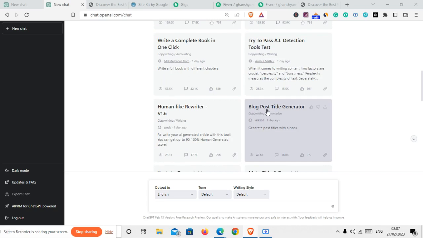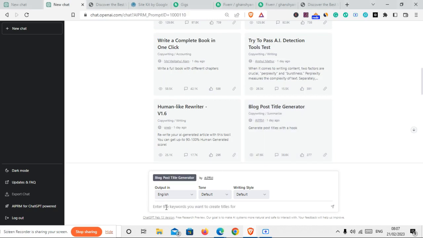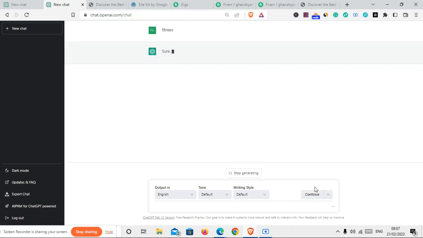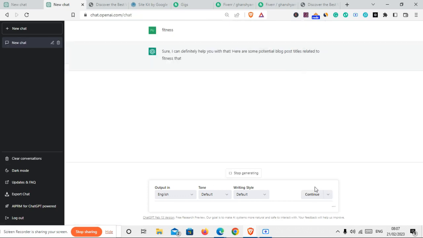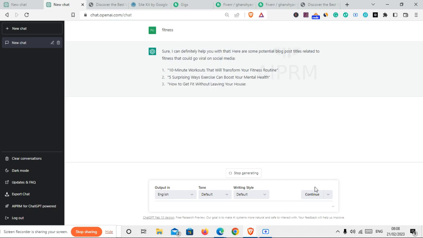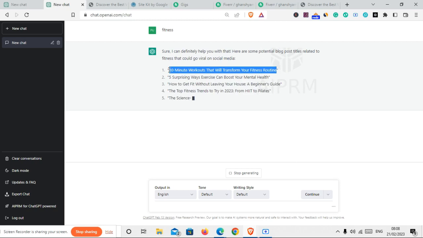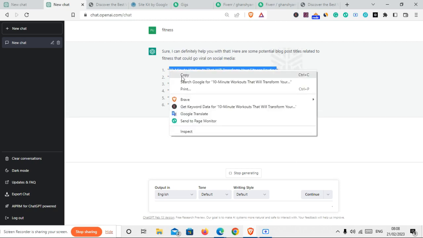So I clicked this blog post title generator. We have to put here our keyword. For example, my keyword is fitness and just hit the enter button. You can see it's generating titles for our blog post. So just click copy this title